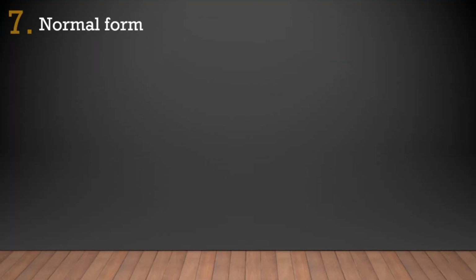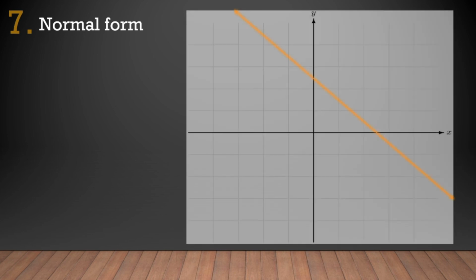The next one is the normal form. Normal form means you will be given a line, the length of the perpendicular to it through the origin, and the angle made by the normal with the x-axis. Now this is quite simple. If you have to obtain the equation of a line when you are given p and phi, the equation with which you are well acquainted is y equals mx plus c. Can you find out the slope if you have been given p and phi? And can you find out the intercept c?